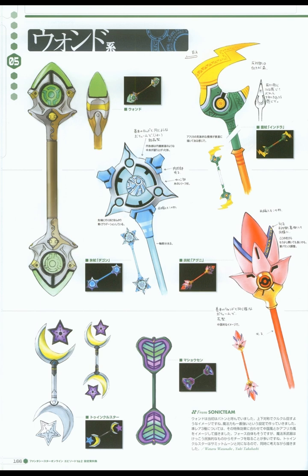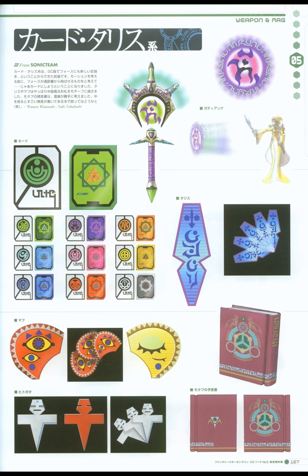This page focuses on the Card and Talus weapon series developed by Sonic Team for Forces in the GC version, expanding the weapon options. The design concept stemmed from the idea of ranged attacks for forces, leading to the creation of card-like weapons. The page showcases various cards with different symbols and color palettes. It also features the Talus, showing both the weapon itself and an in-game action shot of a Force character, presumably